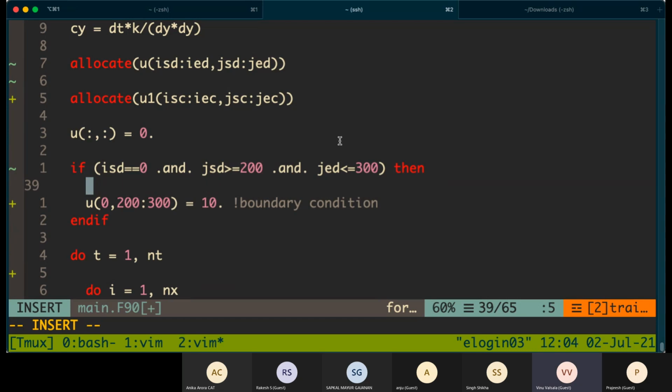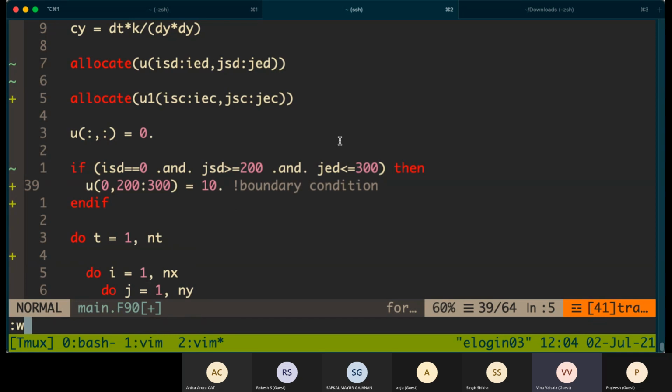Prajesh, I have a question here. Can I ask? Yes. In this allocation, we are allocating the array U in the data domain, start to end. However, in the real allocation, the first tile will be from 0 to 50 or 51, and the next will be from 50 to 101, right?